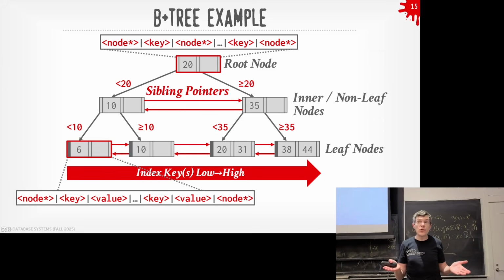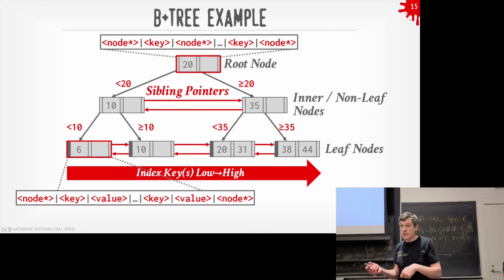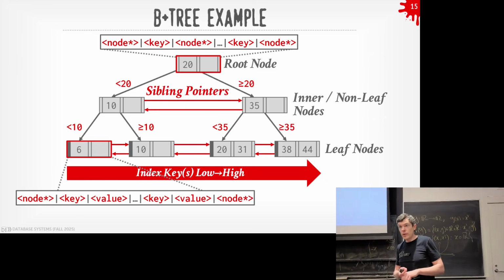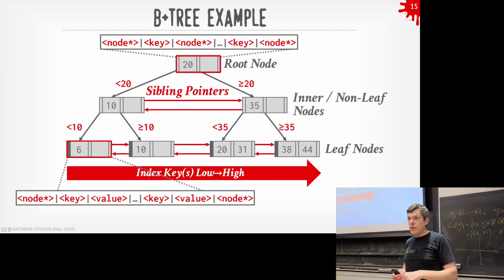Always think in extremes. If I have a billion keys or a trillion keys, I don't want to do a linear scan every single time. My B+Tree will allow me to jump into it. As I said before, the fan out will be quite large in a real system, so I'm only going to have to jump down at most maybe 5 levels, and I can represent a lot of keys in my leaf nodes.